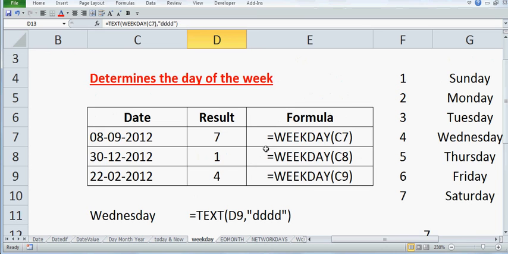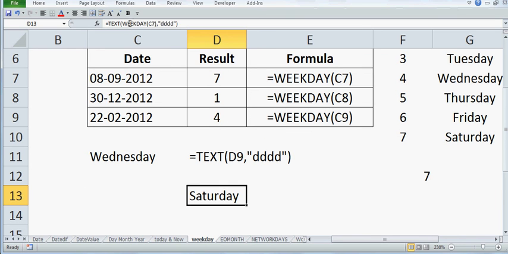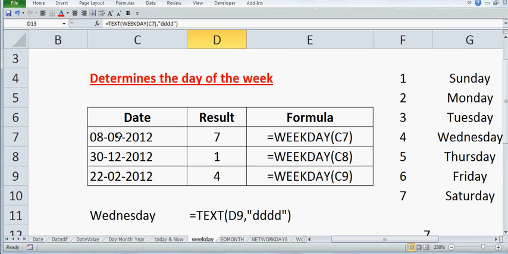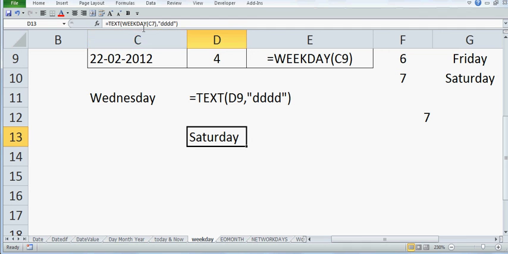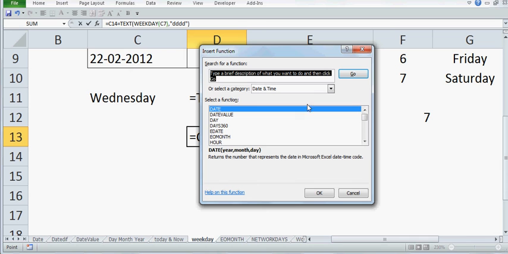What I have done, if you look at the formula, is WEEKDAY of C7. I am asking Excel to find the weekday for C7, which is 7. Now TEXT of 7, I am converting this to a text value. Let me just figure out where it is. Let's see, TEXT.